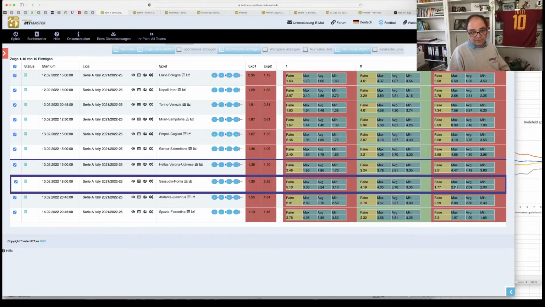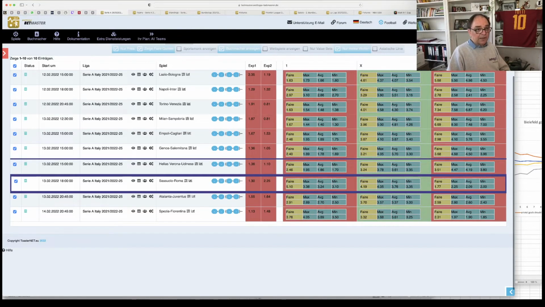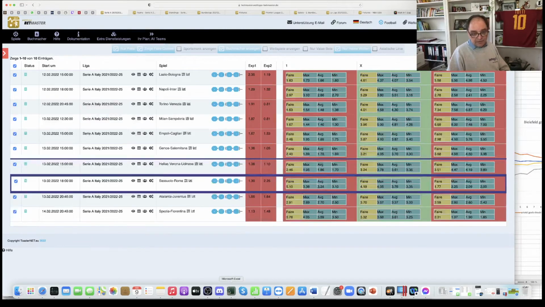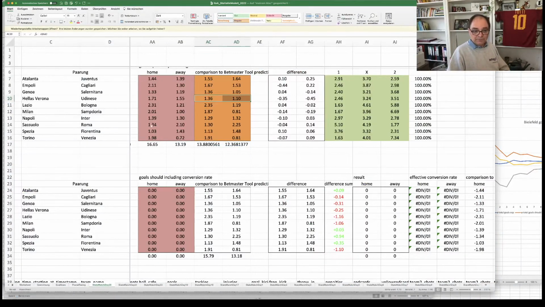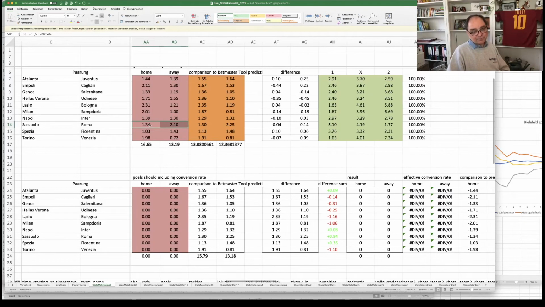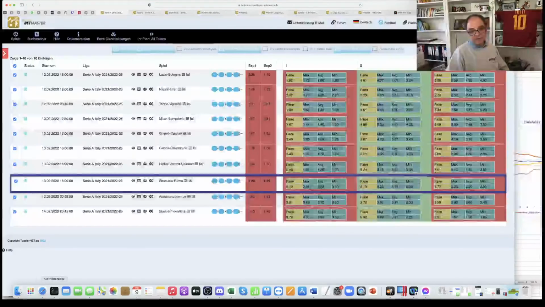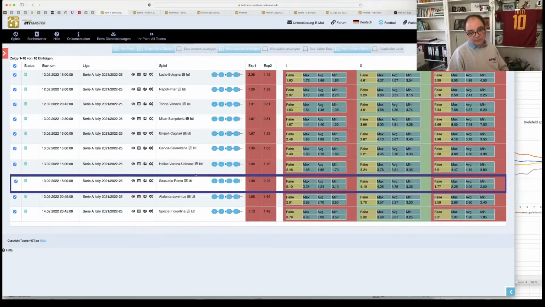Here it might once again try to go with Roma. I know it is a touchy one. Usually Roma do have very fair statistics, and I like them as well. So people may say, well, you bet on Roma because it's your team, something like that. And here it's not fully confirmed, but still it should be easily good enough. So I would have to go once again with Roma,